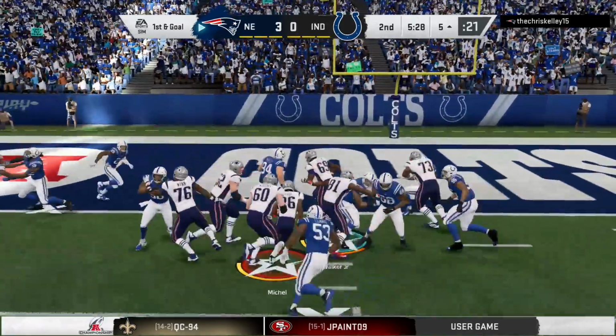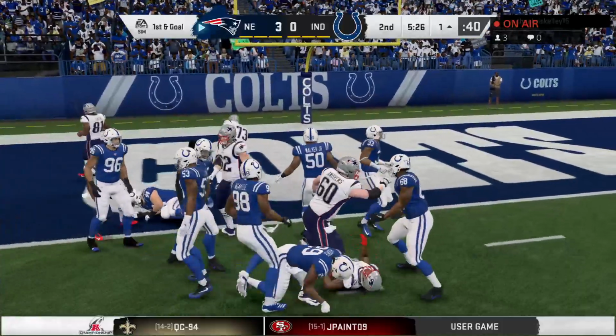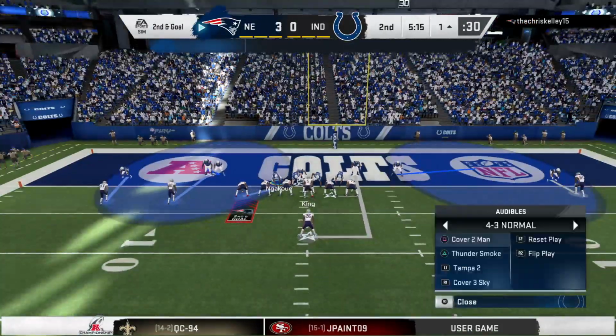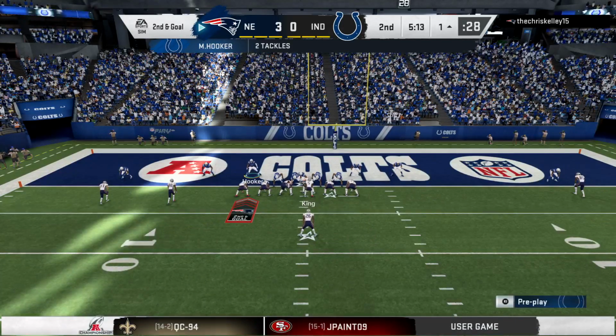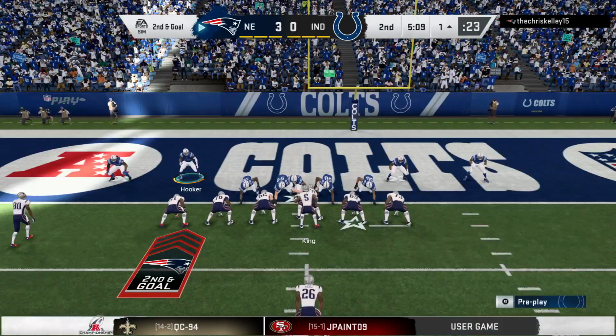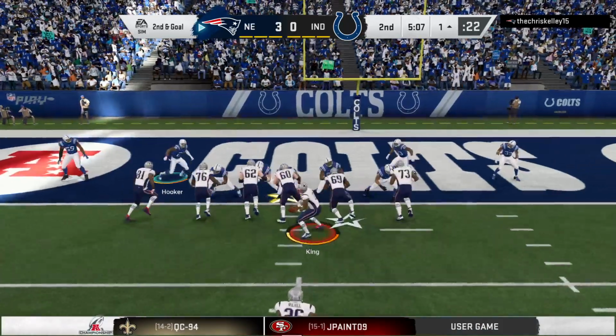Trying to pound it in here with Michelle. And he's going to press this one forward as they stop him right around the 1. A pickup of 4 on first down. It'll be 2nd and goal. When we talk about being on schedule, I think they're on schedule after that run, getting it right down there